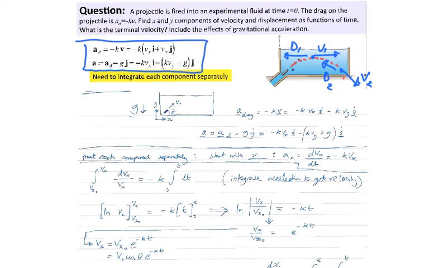So you have the aerodynamic drag, which is minus kV, where v is a vector, and you break that up to be vx and vy in the i and the j unit vector directions. If you combine that with the gravity, the acceleration due to gravity, which is all the time in the down direction, so you've all the time got the gravity going down,